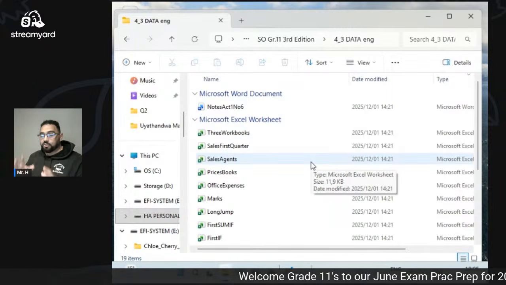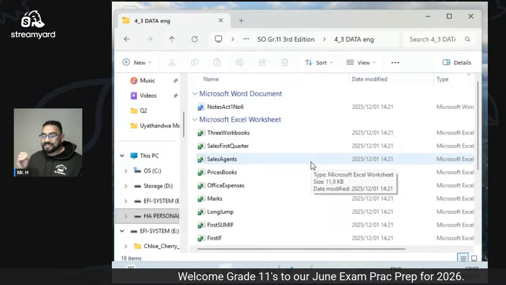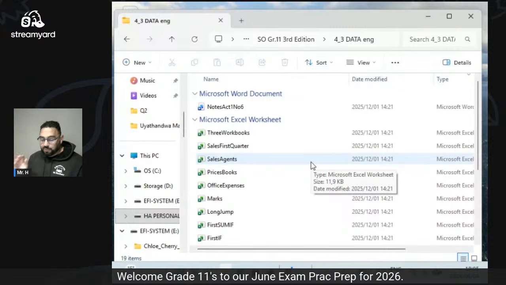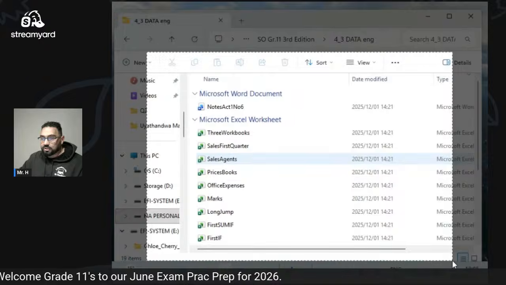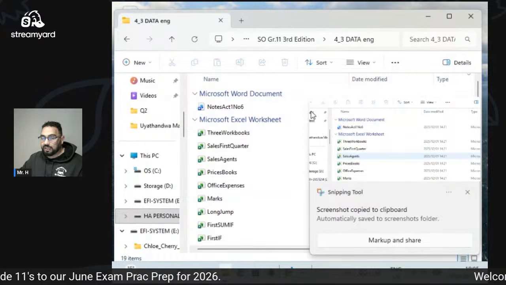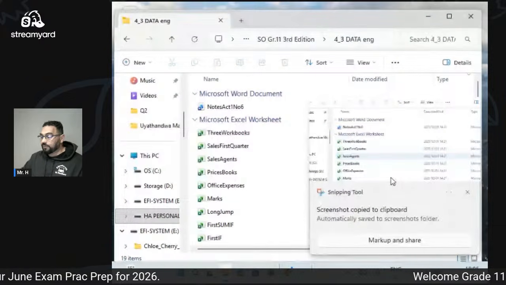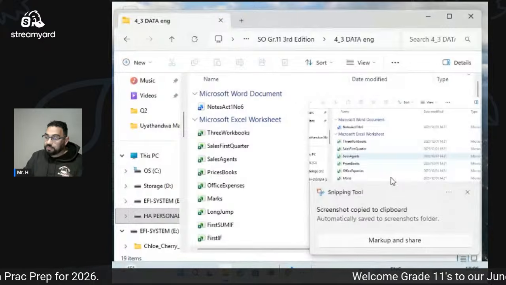Now, I want to say this. Please, if they're going to ask you to do this, then they are going to ask you to take a screenshot. That is just print screen. We just press print screen on our keyboard. We can then just highlight a particular area. We've got our screenshot. And if they ask you to do that, they're going to expect you to paste it